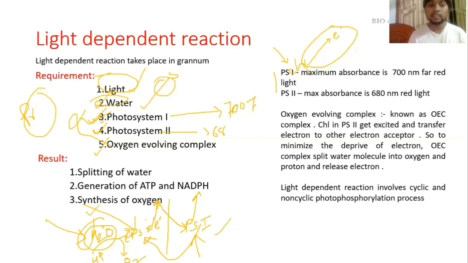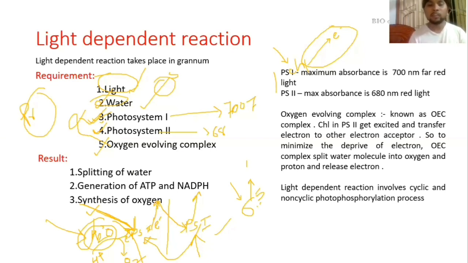Remember, not the light. Light is just exciting the photosystem. See, if light were to excite again and again, forget about water, only photosystem, and light is exciting them, and electrons are releasing. Suppose there are 6 electrons in photosystem 2, and it is excited and releases one electron. So how many are left? 5, right? Again it will be excited, and continuously excited.